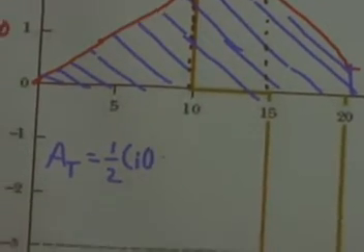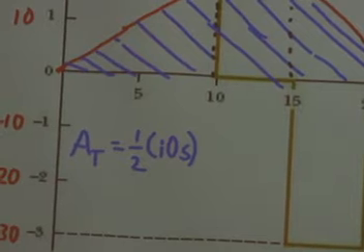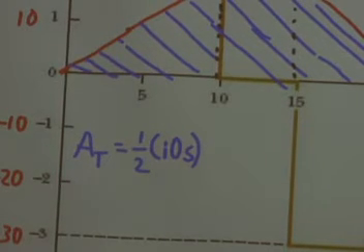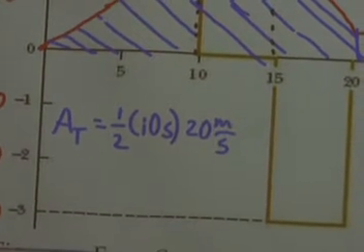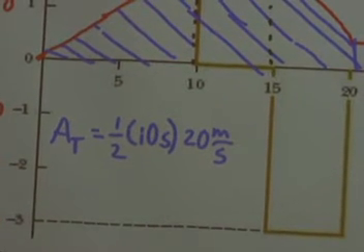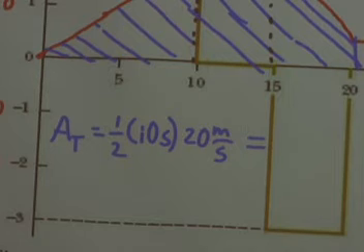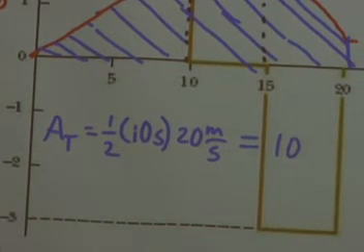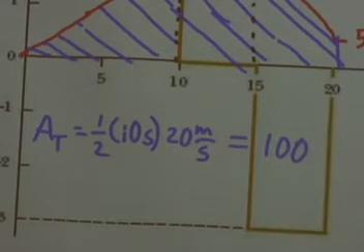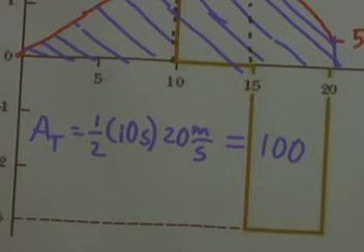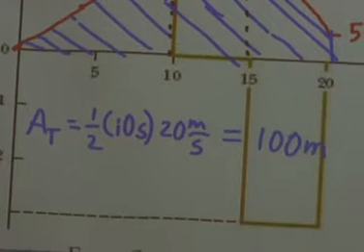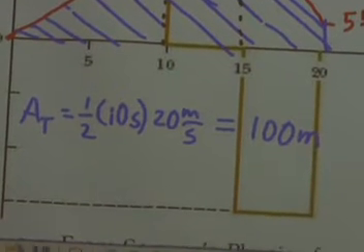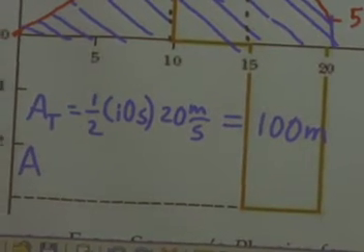seconds, times the height, which is 20 meters per second. Notice that when we multiply this out, we get 1/2 of 200, which is 100. And notice the units of seconds cancel, so we get a unit of meters, which is what our distance should be there. The area of the rectangle